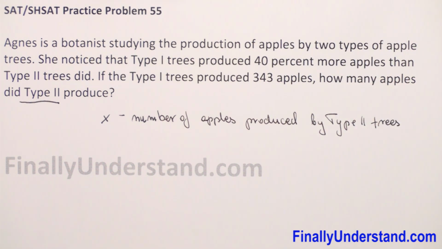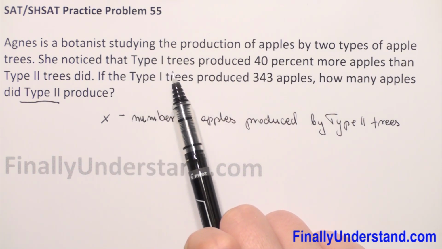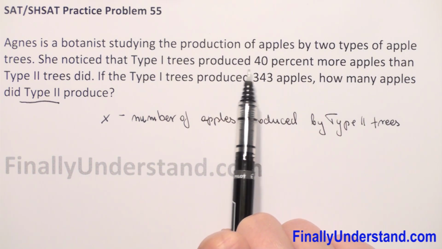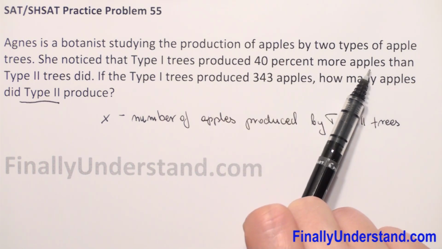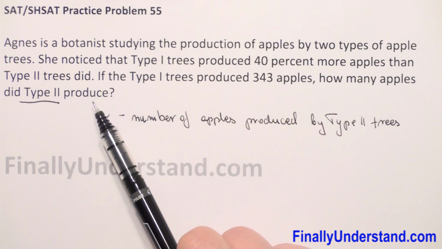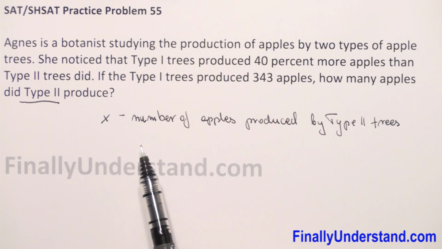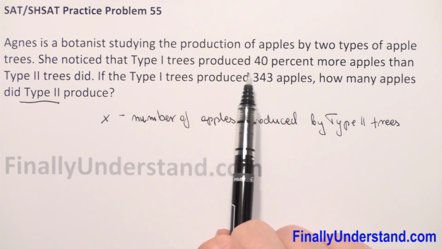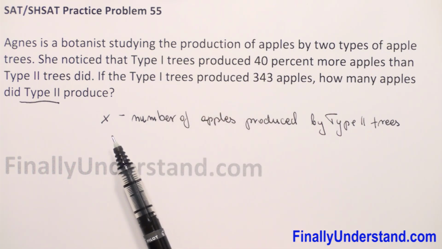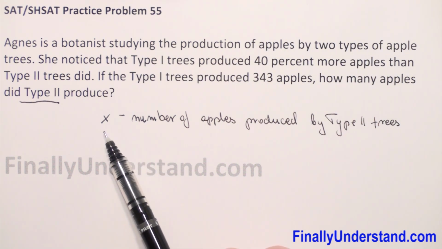Now, what we are given is that type 1 trees produce 40% more apples than type 2. So if type 1 produces 40% more than type 2, and we know that type 2 produces X apples, we can write that